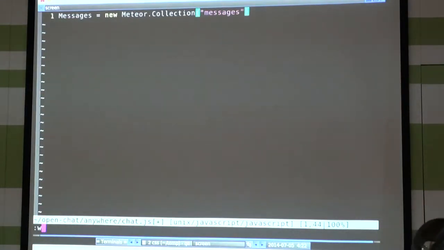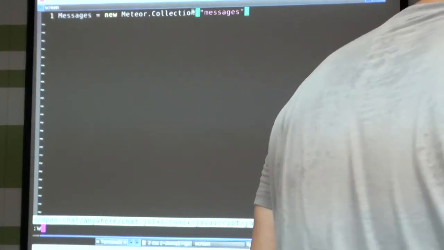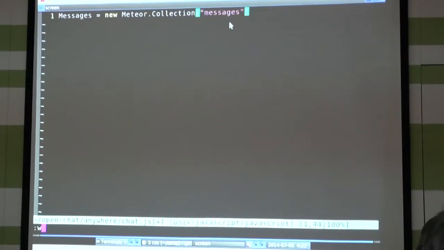Meteor automatically creates a collection in the Mongo database that is named messages, and that's basically it. Note that I'm declaring that I want this collection in the anywhere folder. That's because in Meteor,